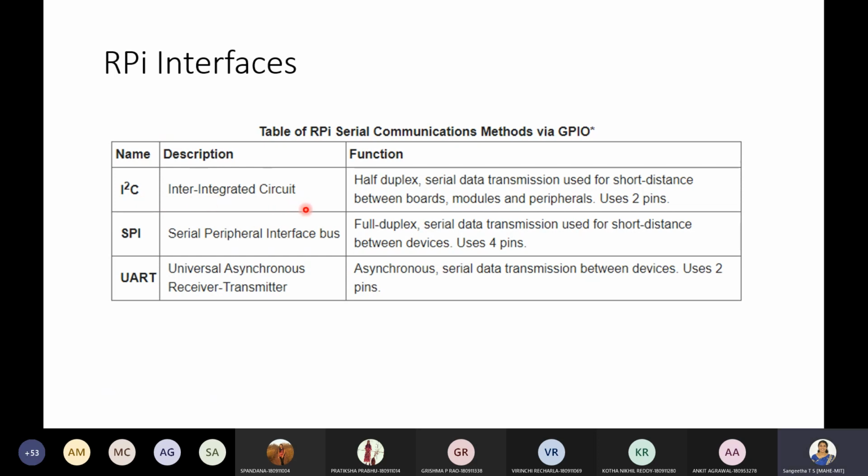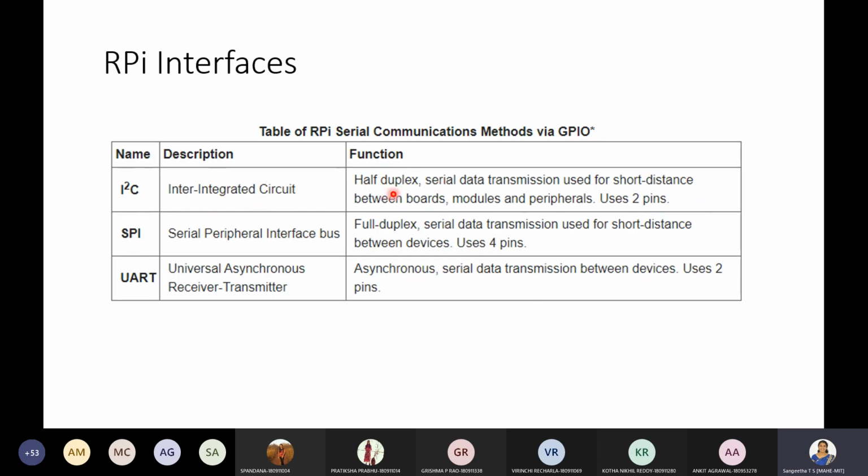Okay, this is basically used for half duplex serial data transmission over short distances between boards, modules and peripherals. It makes use of 2 pins of the Raspberry Pi. We will see the pinout diagram a bit later. Let us first be familiar with the rest of the components. So that's about I2C.